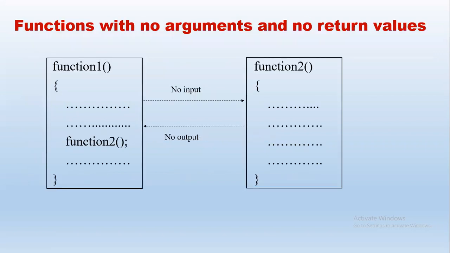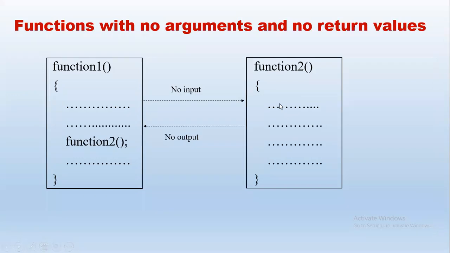If we see this, we have the working. I've explained the same in the video as well. There is no argument and no return value. That means there is no input given from the calling function to the called function, and function 2 does not return any output either. Function 1, say main, is the calling function. This is the function call. It is calling function 2, so function 2 becomes the called function. There is no parameter passed.